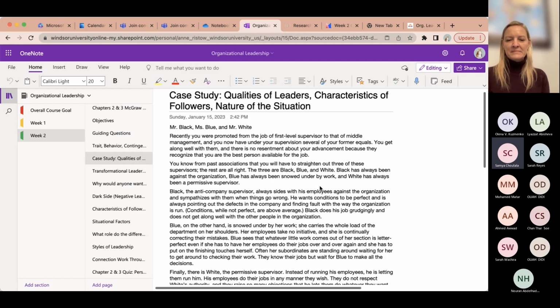Then when it comes to Mr. White, I would like him to understand his leadership strengths so that he can bring those leadership skills in front of his team. Maybe he also needs to take some disciplinary actions towards his team members so that they don't take him for granted, but yet he needs to help and support his team so that they follow the right process. So that's what I would like to follow.